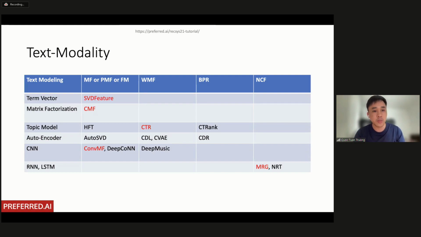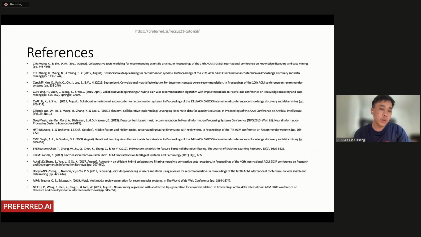So in the simplest form, it could be term vectors, like TF vectors or TF-IDF. Then it could be a document-word matrix. And then later on, we have topic models, autoencoders, CNN, and then LSTM, those deep learning kind of models. So that's also the sequence model that we are going to introduce to you. This is the list of the references we're adding in here so that you can refer